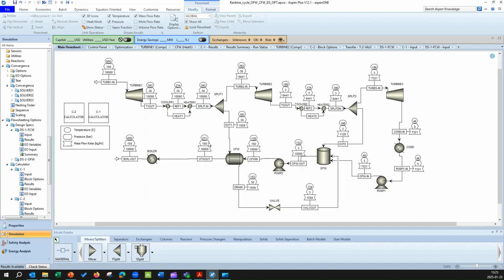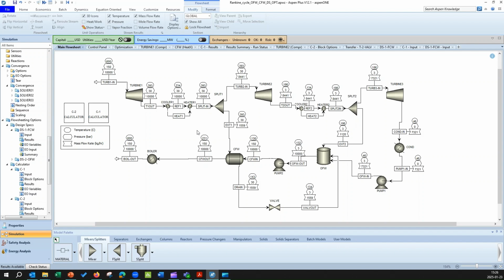If you remember, we used this equation to calculate the optimum temperature rise. We said after the first feed water heater, the temperature should be around 145, and after the second one should be around 243, which in this simulation, the temperature is lower. So one way to fix this problem, or to optimize the design, is to manipulate the pressure here one by one. The other option is to use the